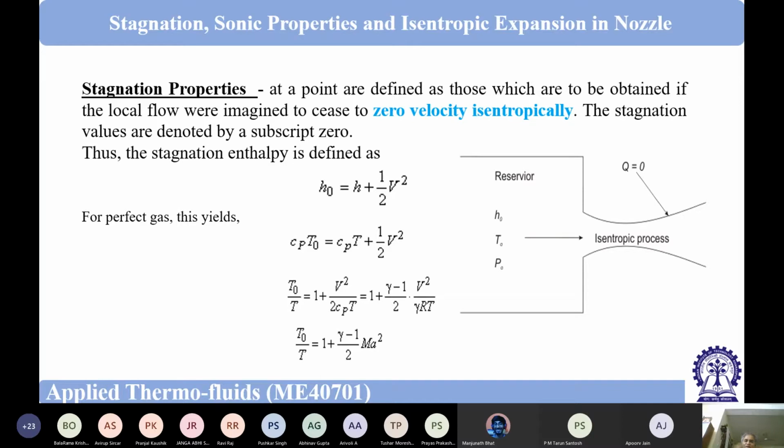Okay, so this we have taken. But this is more or less valid. Why is it more or less valid? When is the perfect gas law valid? Ideal gas law is valid at high temperature and low pressure. High temperature, low pressure, and the range where we will work, that is valid. Okay.